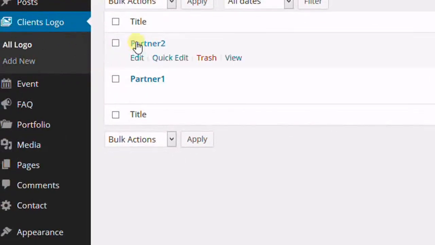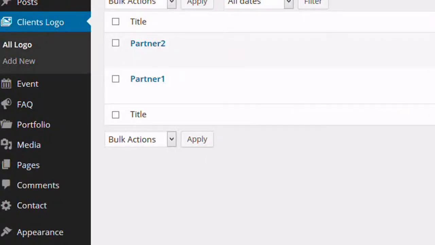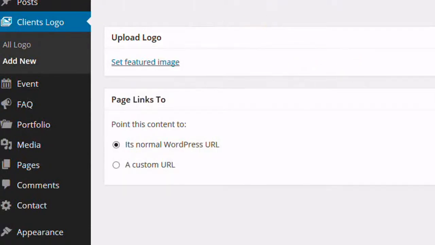Here, client logo, we can add. So far we have 2 logos. Those are the ones we have here, third fund and this. We can also add more logos by clicking here. We can edit existing ones by clicking here. If we click here, it takes us to the media library. It takes us to the